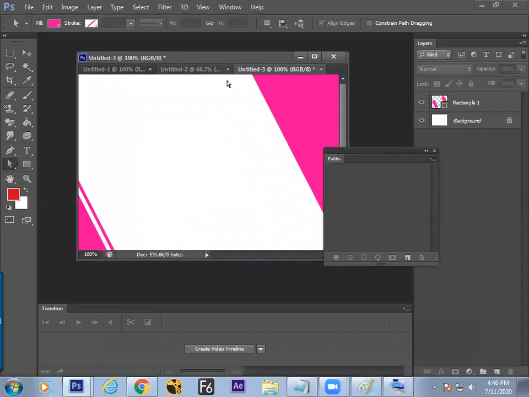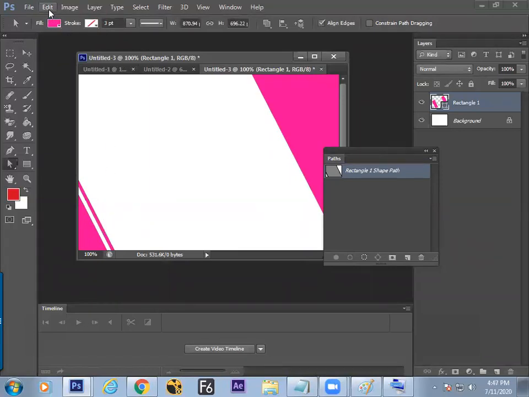So we have made multiple structures in a single layer. The advantage is we can change the color within a fraction of a second. The client may ask for this particular shape to be in a different color.